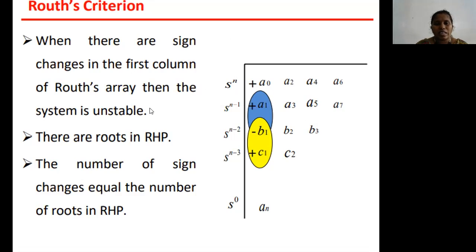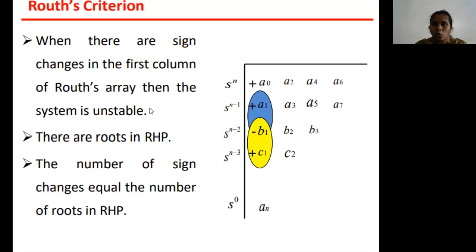In this lecture video, we saw what is meant by Routh array, how we can represent the Routh array, and what is meant by Routh's criterion. So what is meant by Routh array? The Routh array is the array formed by using the Routh's equation, that means the denominator of the transfer function equation. From that equation, we frame different rows in the Routh's array based on s power n, s power n minus 1, s power n minus 2, and so on.